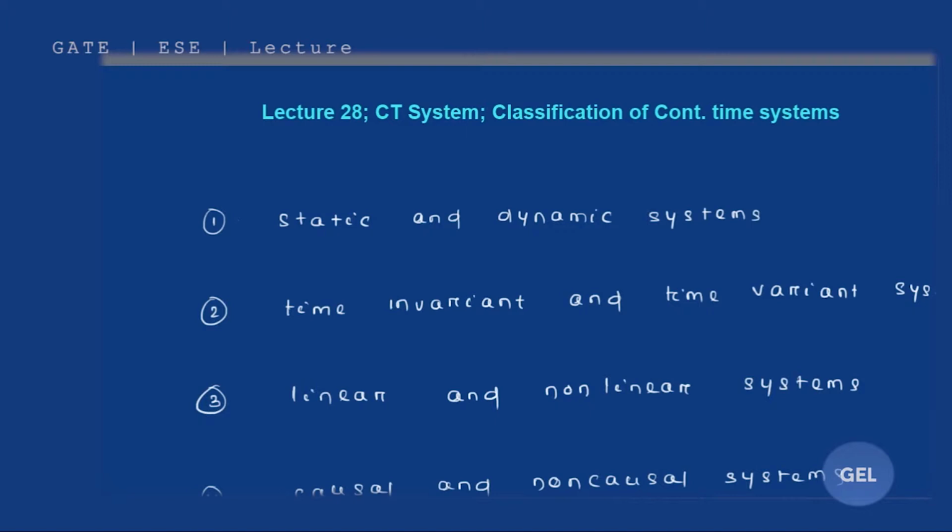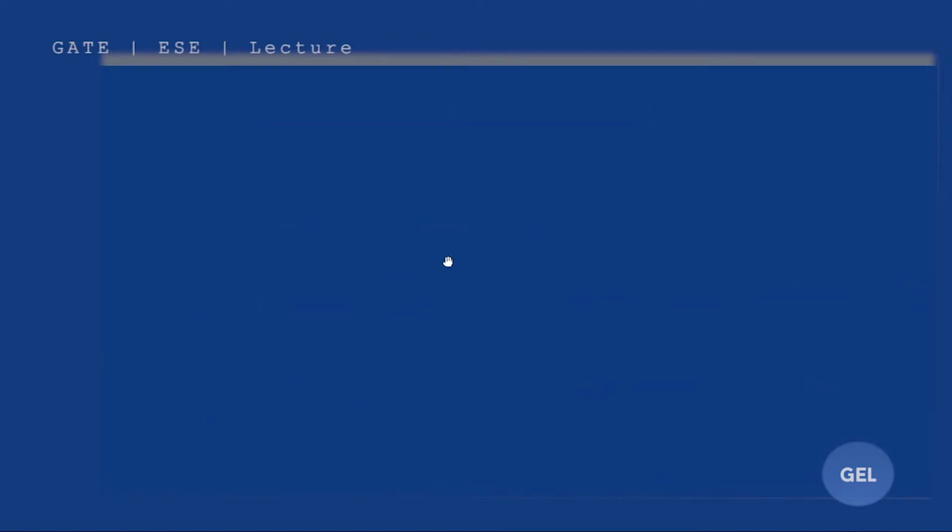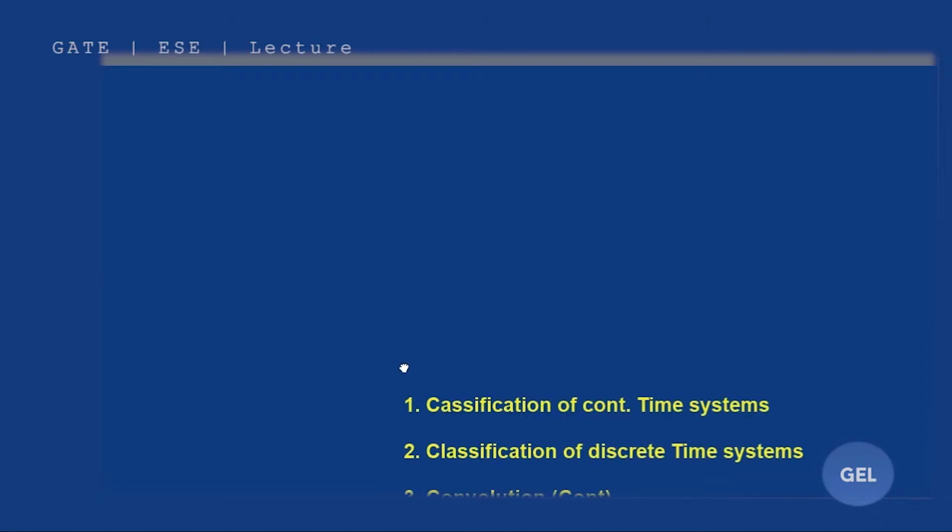Initially I had planned to first finish continuous time system, then get into discrete time system. But there are a couple of things which you will forget once I leave the continuous time system, and if we get into discrete time and start again from the very beginning, that will be kind of complex. That is why I prefer to approach it like this.